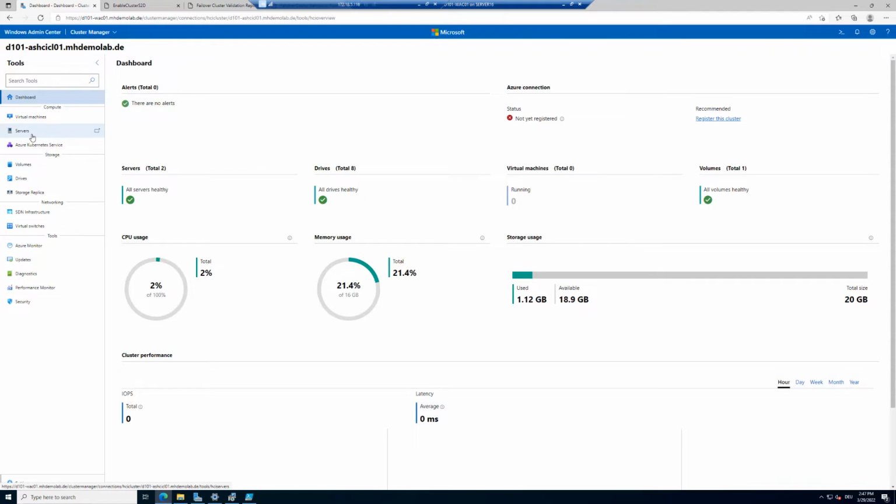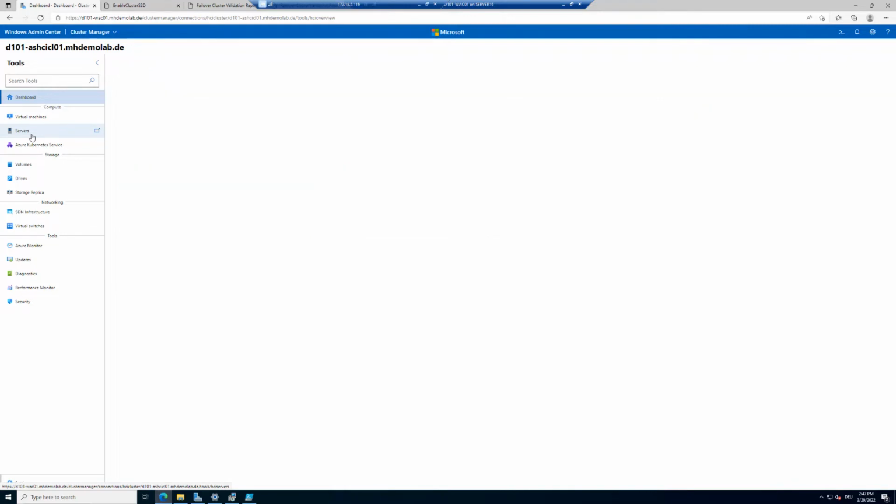It's my recommendation to first register the cluster. But for me, it's important that you understand what the limitation is when an Azure Stack HCI cluster is not connected to Azure, because many customers are afraid of what happens if my cluster is registered in Azure, and now I have a disconnection for a few minutes, a few hours, or a few days. And what I want to show you is that all the workload will remain up and running,